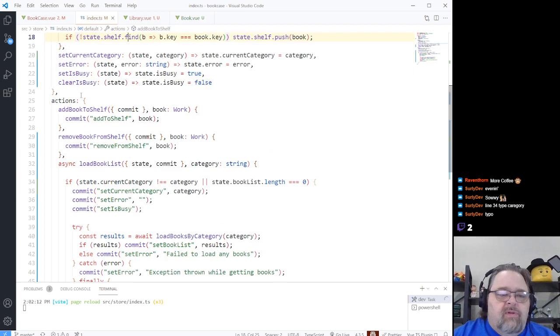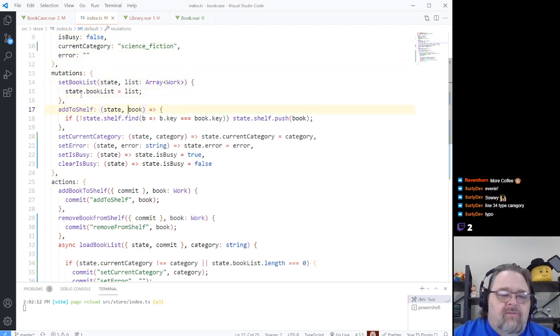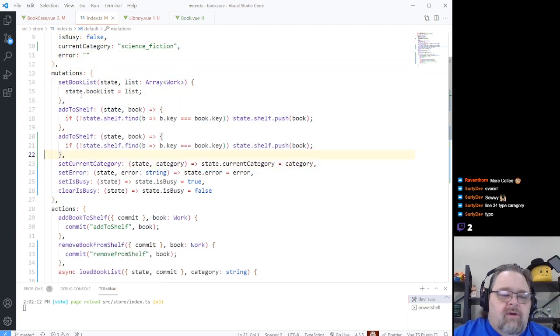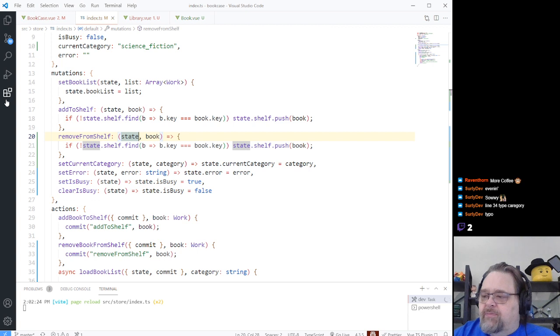Now there's a lot of boilerplate we're adding here, but I'm kind of okay with that. I'd rather have some of the safety I'm getting from here, but when you write your own, wouldn't it be a big surprise if you went ahead and did this in a simpler manner, not using Vuex. I'm kind of overcomplicating this simple example in order to show some different techniques, but not necessarily what you would want in your own. So if we can find the book key,